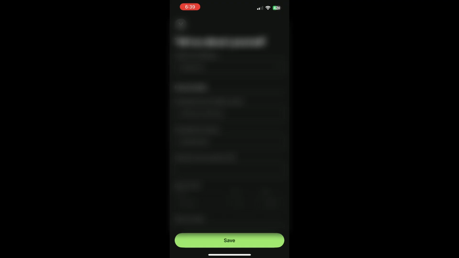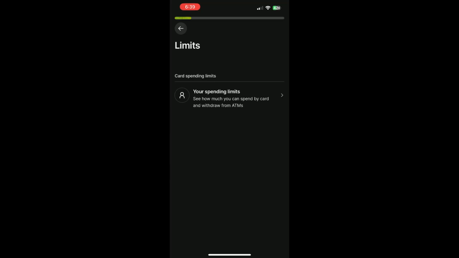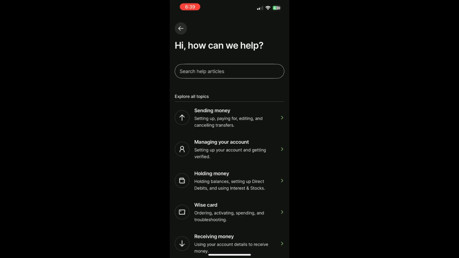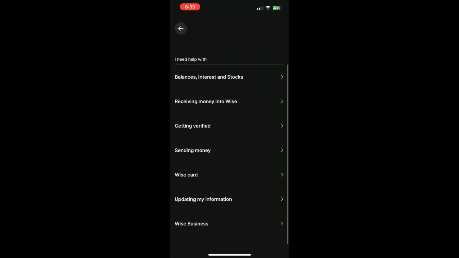So if you changed countries, go back to the Help/Support section in the app, search for Change Country, and use Contact Us. Tell Wise you moved to a new country and ask what the correct process is. They'll guide you based on your specific region and